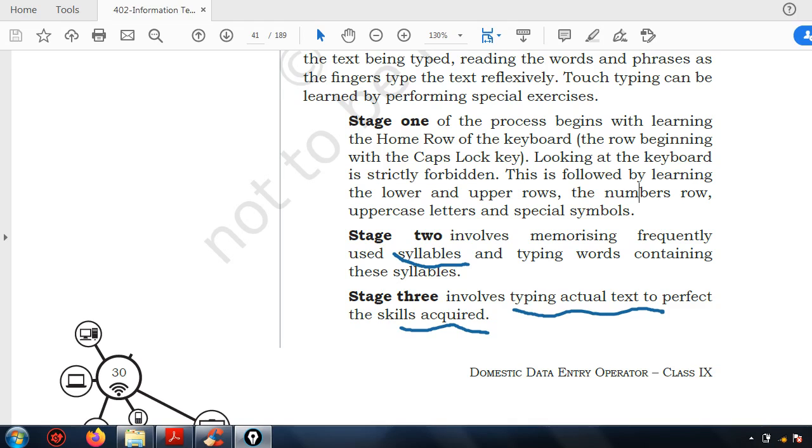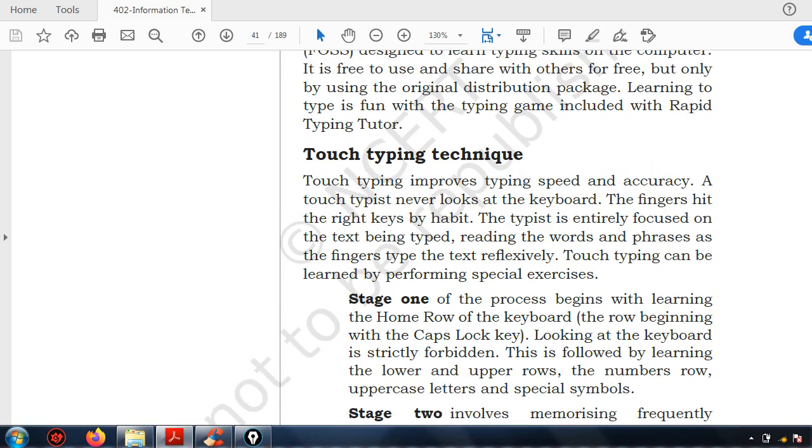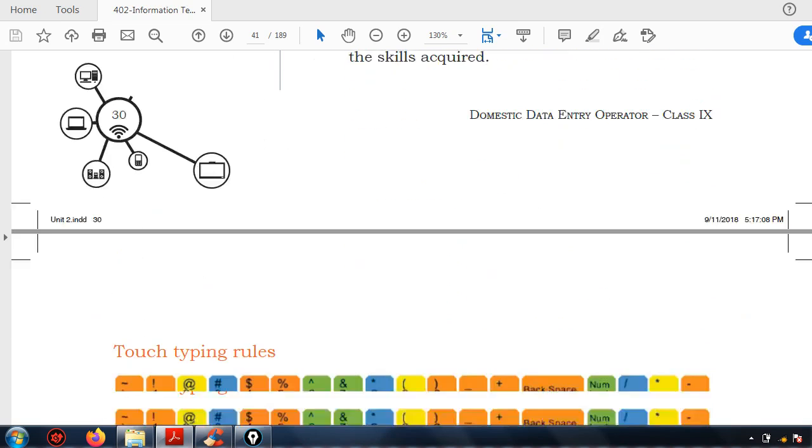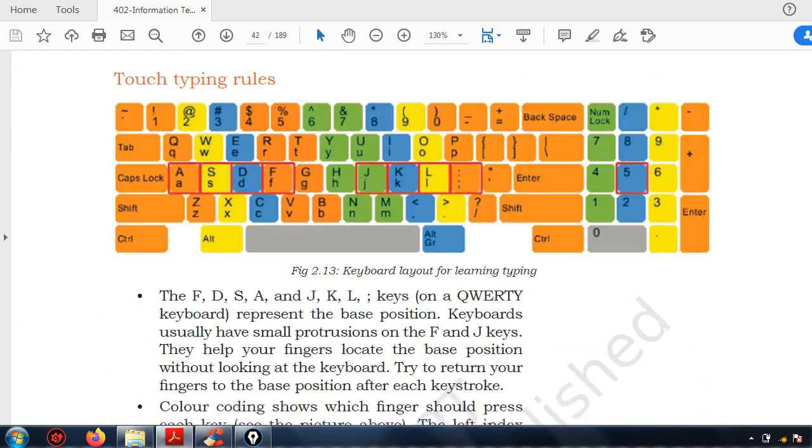The first stage is to remember the home row, upper row, and lower row; you have to practice like this. Then you have to remember the frequently used letters, and in the third stage you have to type the actual paragraph text, right? These are all 3 steps involved while learning the keyboard, while trying to have mastery over keyboard touch typing techniques. That's it, right? Now next,